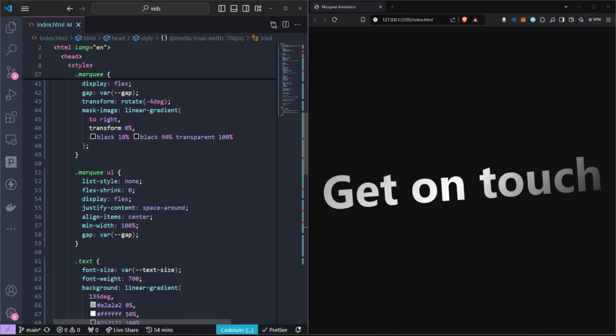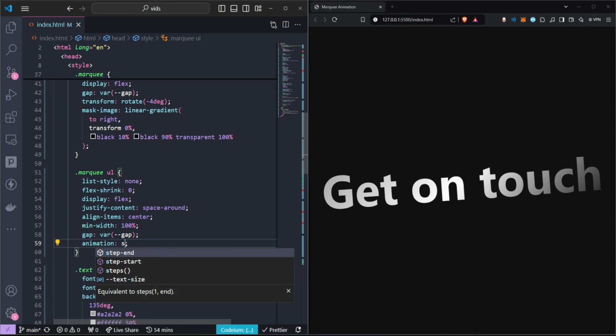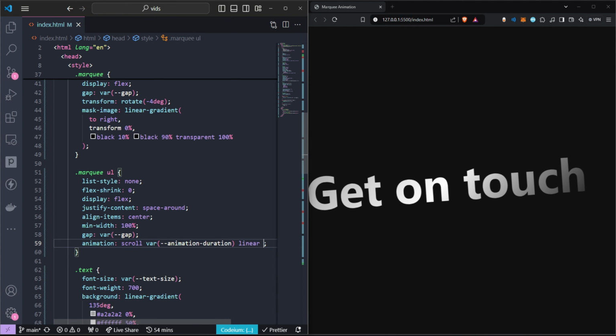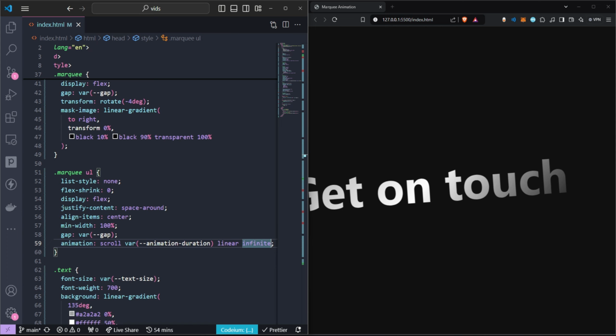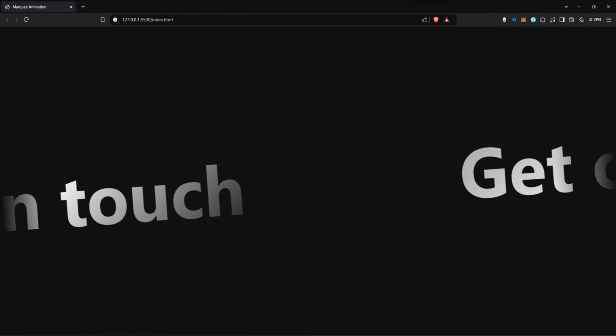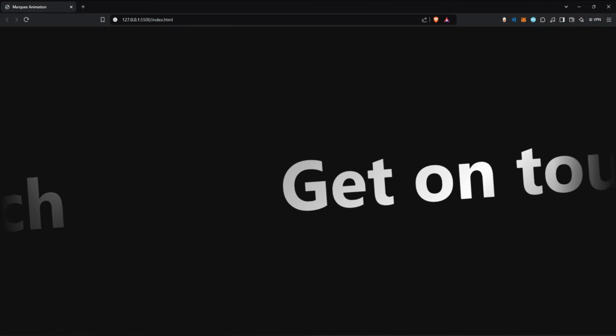Now as a last step, let's add the animation to the marquee. So let's go to the marquee-all class and add the animation property with the value of scroll var animation-duration linear infinite. This line creates a continuous and smooth scroll, perfect for a marquee type effect that keeps moving without stopping. And there you have it,